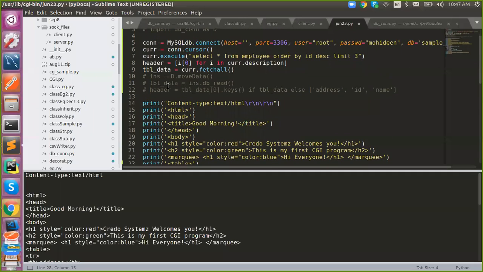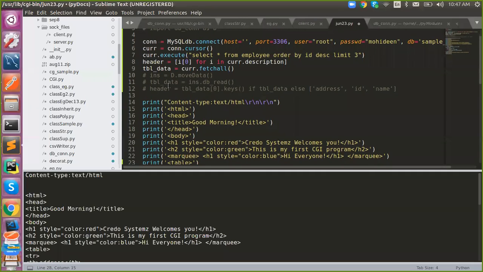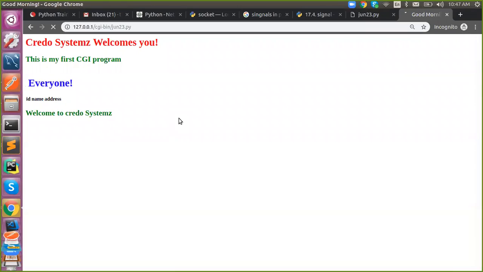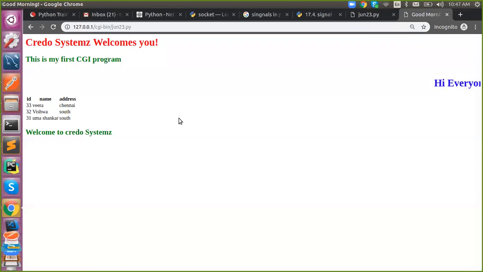I already had TBL data, I can use this. So this is again a list. So it is a list format, so you can simply iterate it. Yes, got it. Now we can add the table borders to design. We can design it.